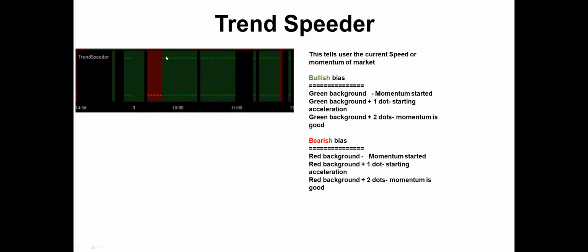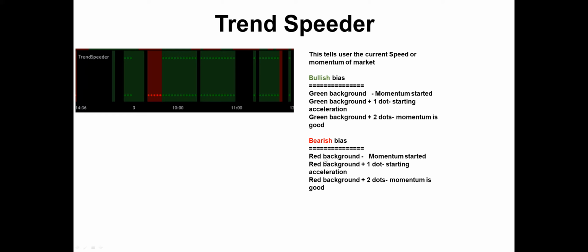When you see double dot confirmation, you can take a call. The momentum or the speed of the market will be very good, and this will add to your trade decision, right? For bullishness, you need to have these things. Even a plain background should also be good enough if other constituents are in line. If not, you just have to wait. There are some black color backgrounds here. Those indicate there is no trend either on the bullish side or on the bearish side. You just have to wait.